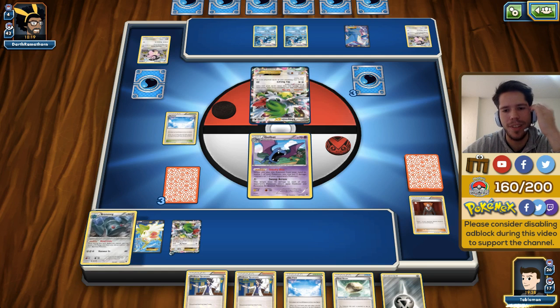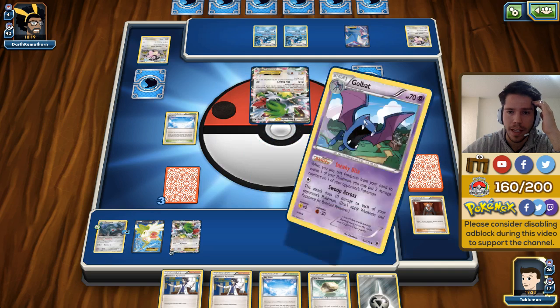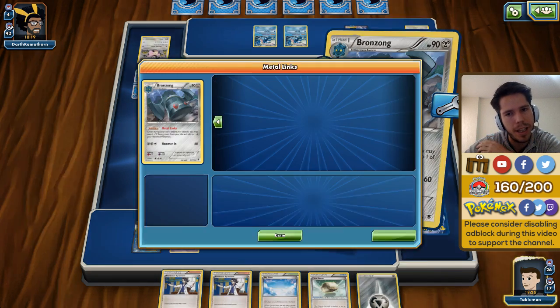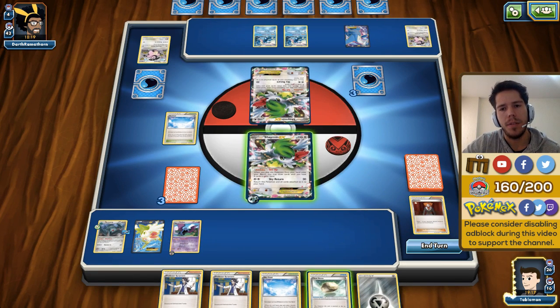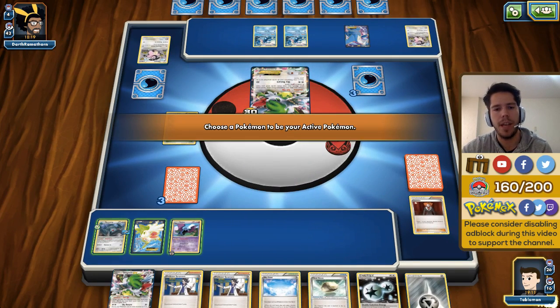I do get a Bronzong, but this is pretty bad. I'm gonna retreat, put up my Shaman. Where are my other Pikachus? I'm going to Metal Links the Metal Energy onto Golbat because it looks like we're going to have to attack with Crobat sometime soon. And I'm just gonna deal 30 damage to the Shaman. If he retreats by attaching an energy, he won't be able to KO us. Now, he might get fancy and start attacking something else, but I think promoting...